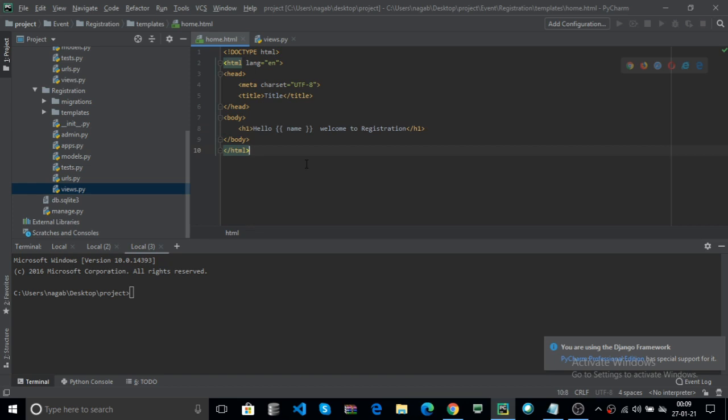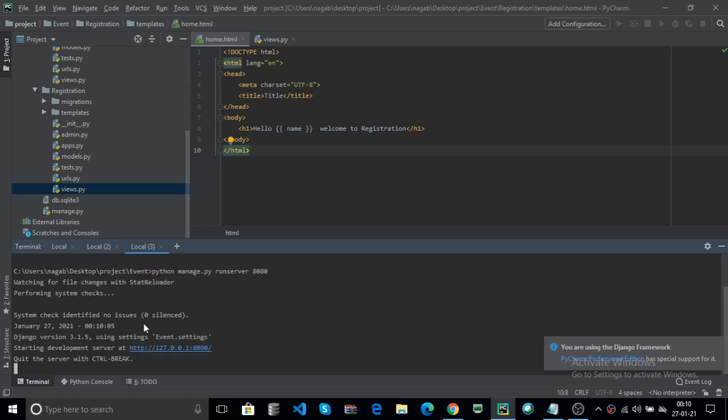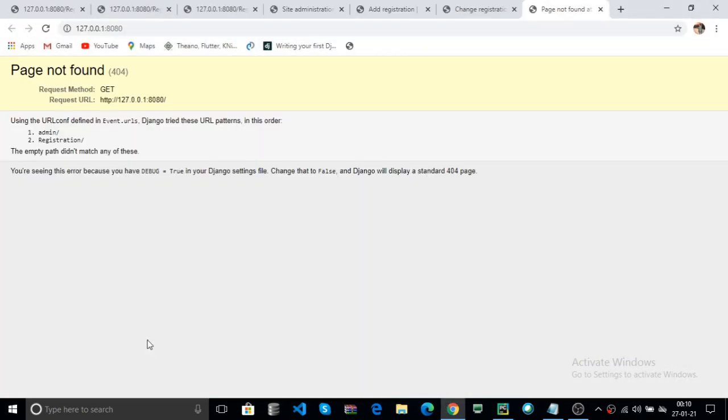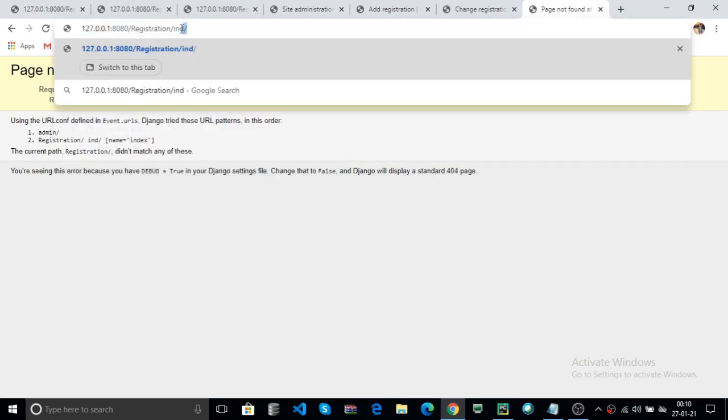Now save your file. Now run your server, manage.py in your event folder. Now you can use python manage.py runserver, with port number 8080. Now click on run. Here there is no data. Now you can use registration, after that you can use the index.